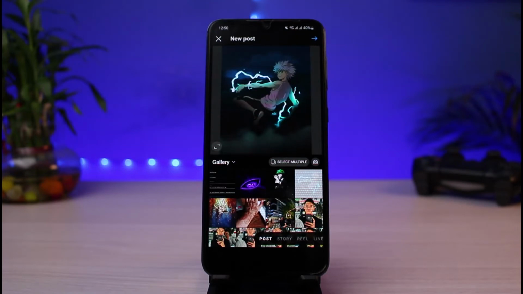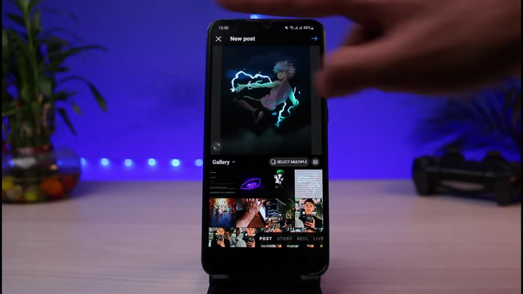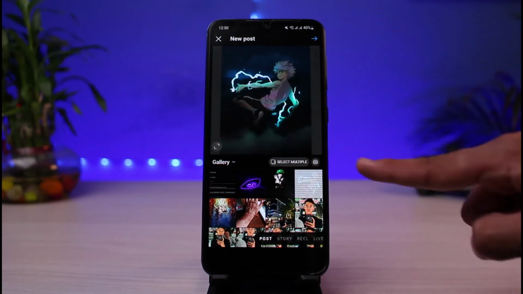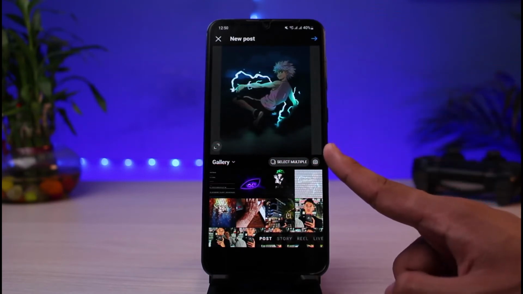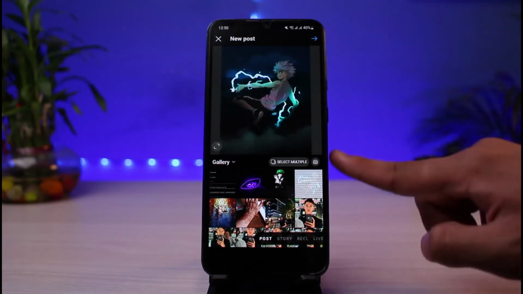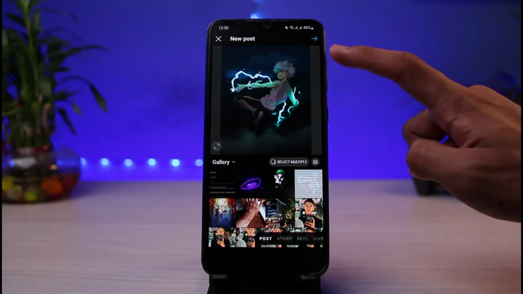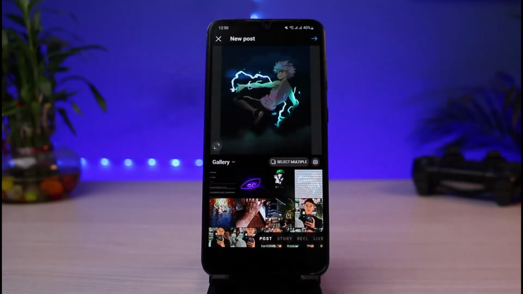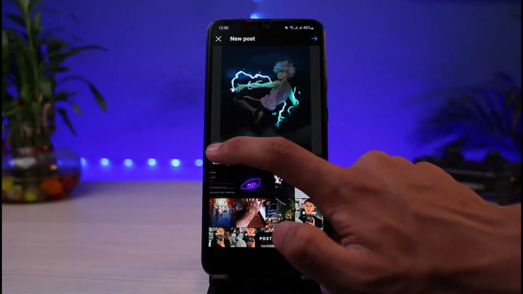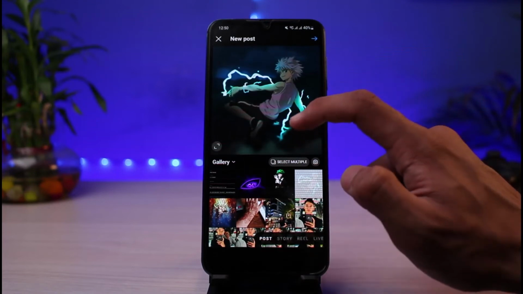Now the first thing you want to understand is that Instagram supports only 1080 by 1080 pixels on both sides. So here as well you need to have 1080p, and on the length and breadth you both need to have 1080p on both sides, because that is simply the resolution that Instagram supports. And just because you see a white background over here does not mean it is going to show up on your feed. For example, you can see this maximum one right over here, which I have cropped,